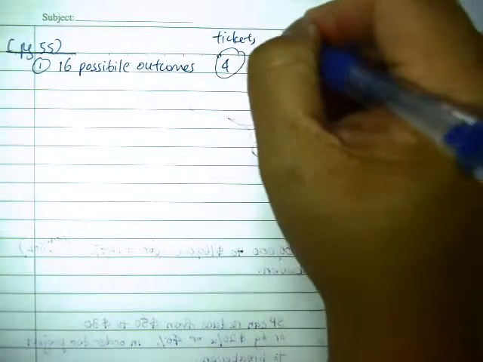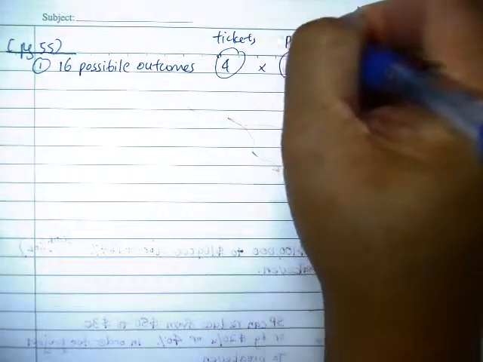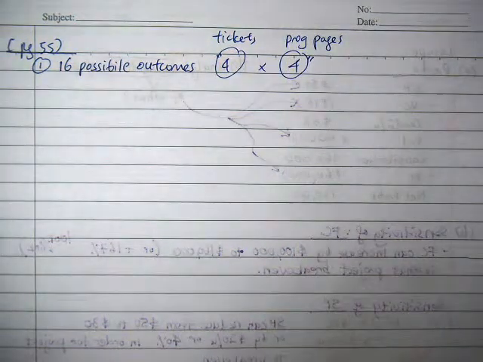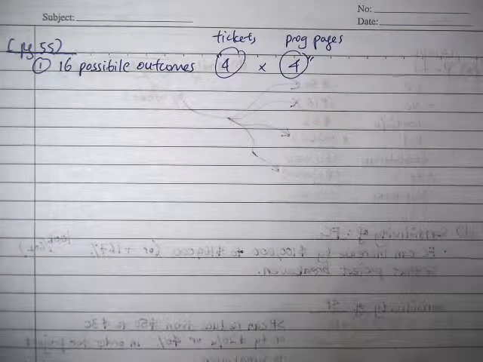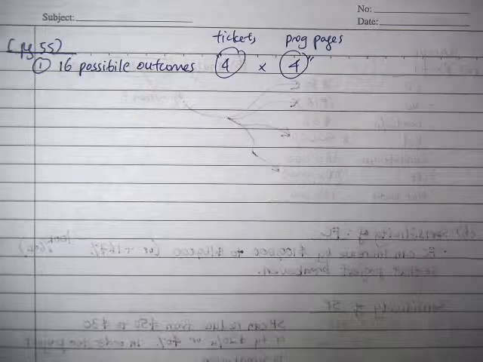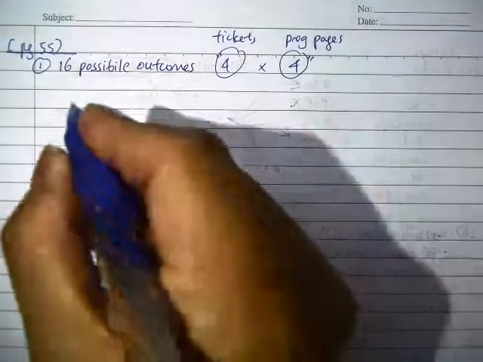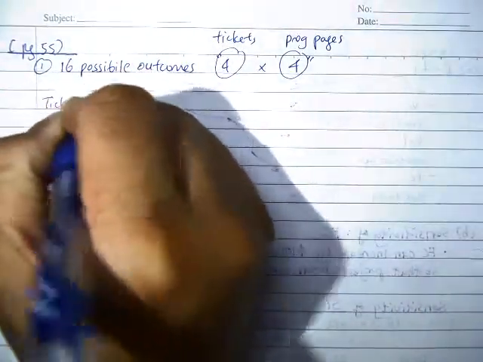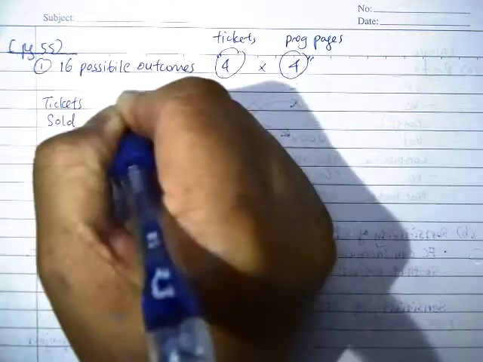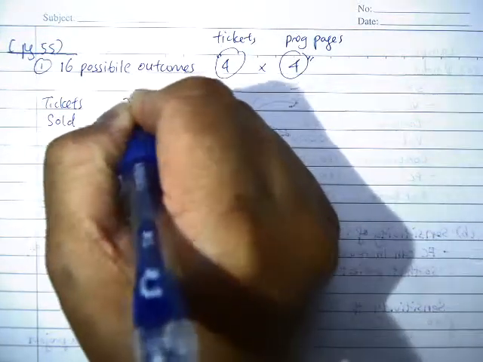The other 4 is the program pages. We first estimate